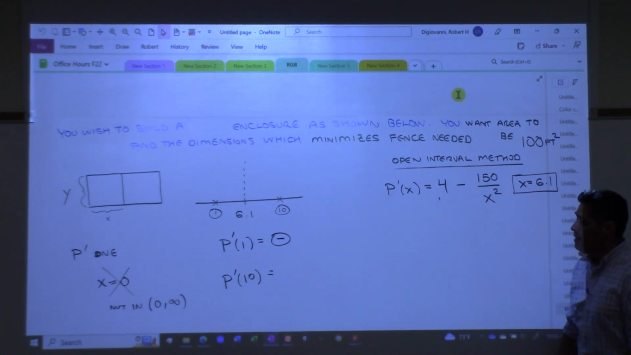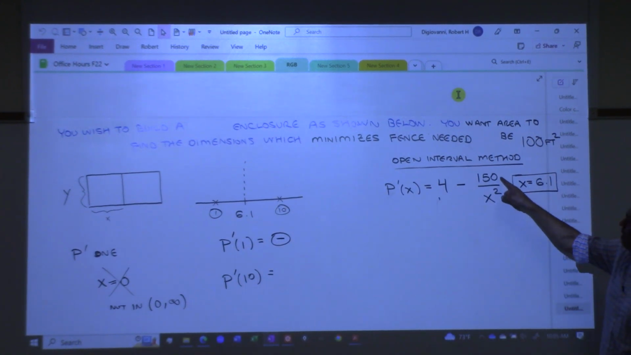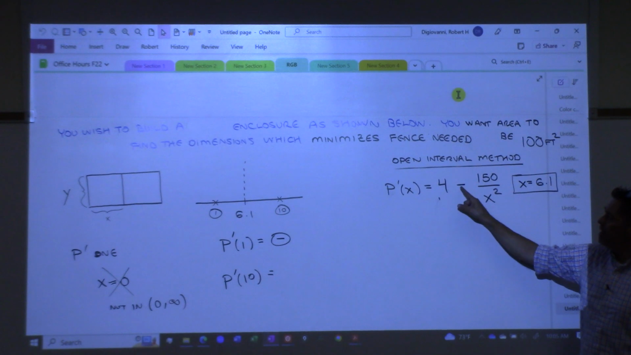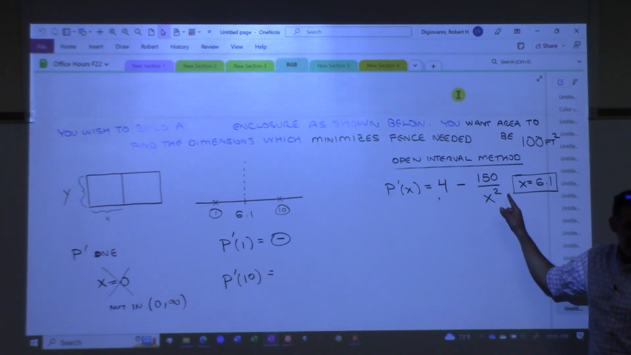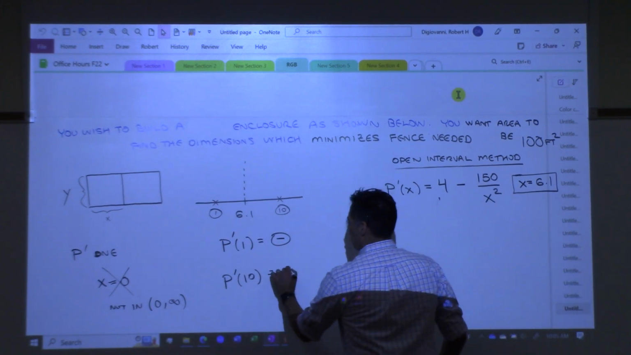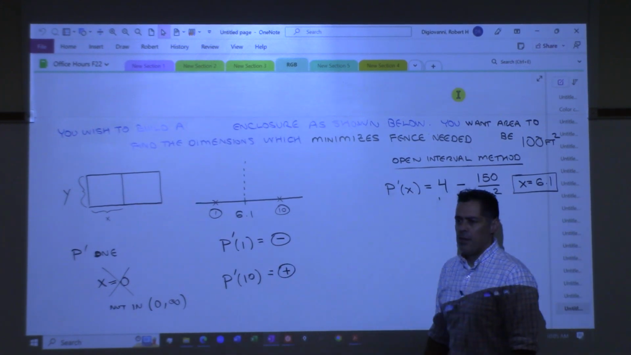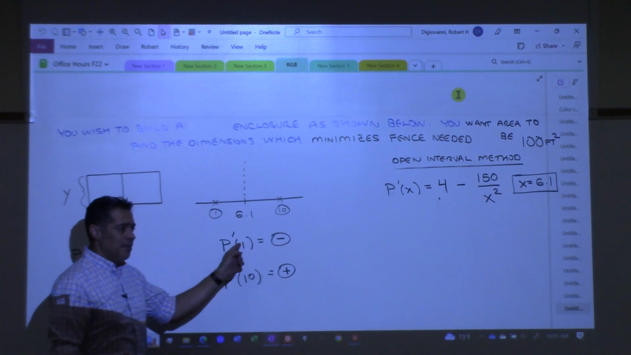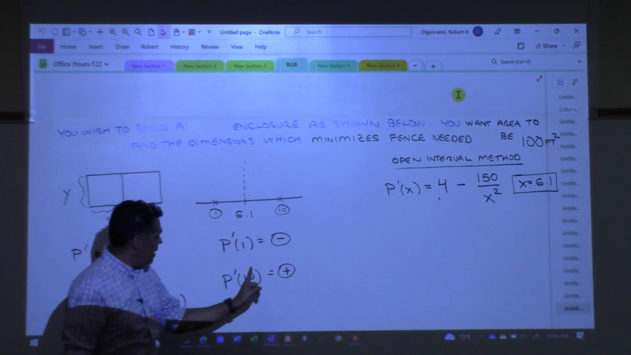Now plug in 10. What's 150 divided by 10 squared? Well, 10 squared is 100, isn't it? 150 divided by 100 is 1.5. And 4 take away 1.5 is going to give you a positive number. I'm trusting you could plug these in and get the signs, but this is positive. So the derivative is negative. What does the derivative being negative tell us about the original function? What is it doing? Going down, and then at 10 it's going